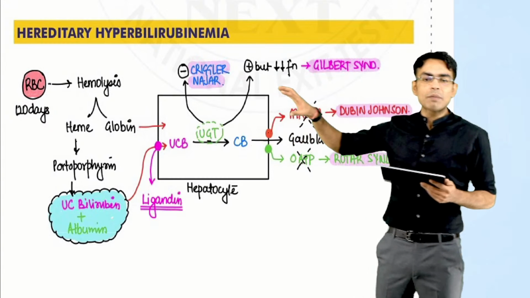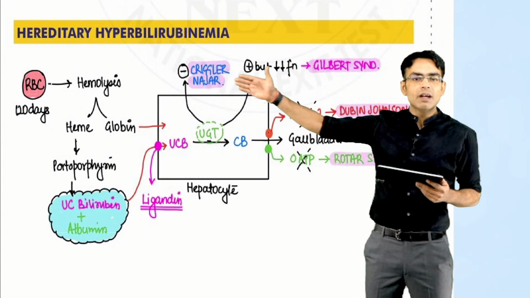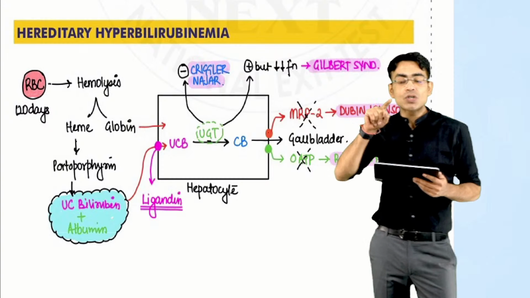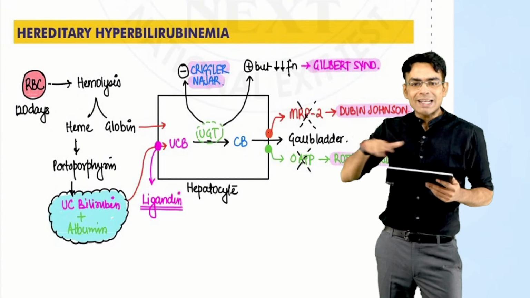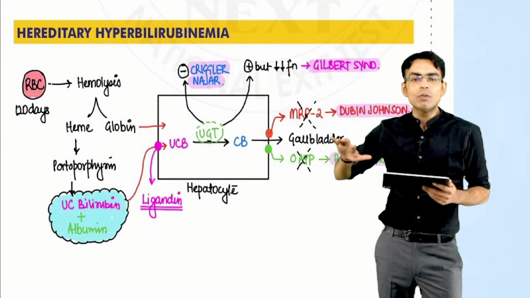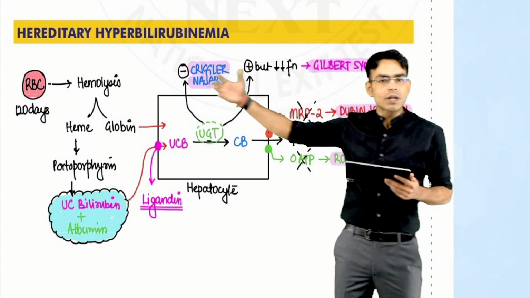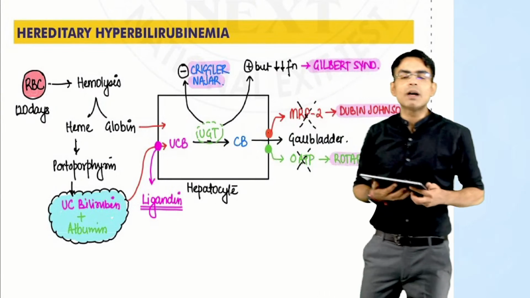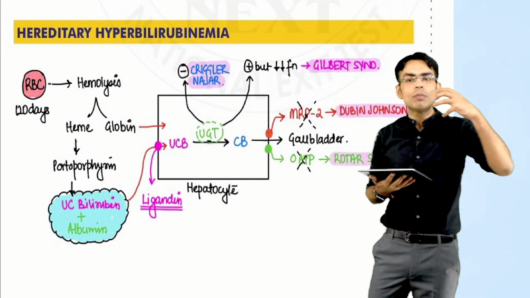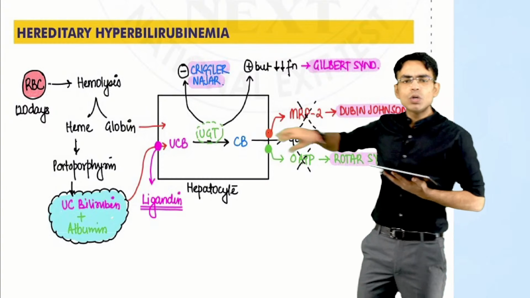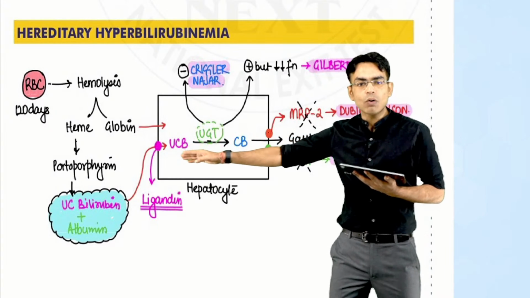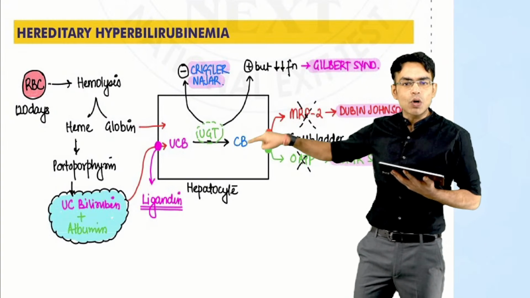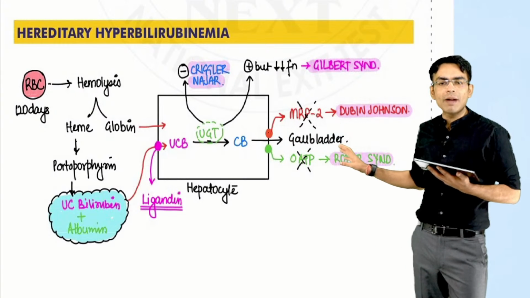In the hereditary hyperbilirubinemias, there are 4 diseases we are studying: your Crigler-Najjar, your Gilbert, your Dubin-Johnson, and Rotter. Now in this, they have mentioned that unconjugated bilirubin is high. Normally what happens is RBC gets broken down, converted into heme and globin. Globin directly goes into the liver and gets catabolized. Heme binds with protoporphyrin, becomes unconjugated bilirubin, and then this unconjugated bilirubin is taken by albumin to the hepatocyte, and inside the liver the unconjugated bilirubin is converted into conjugated bilirubin with the help of an enzyme, UGT.